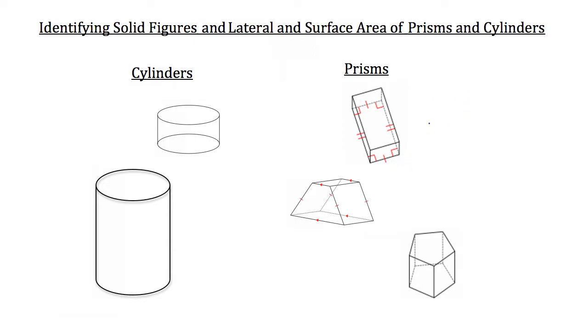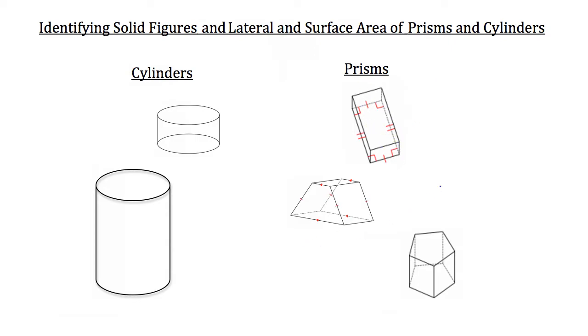Now you can tell with the prisms that they're a little bit more complicated than your typical cylinder. All cylinders look the same, they look more or less like a soda can. However, prisms can come in all different shapes and sizes. For example, this top figure is a rectangular prism. It's made up of all right angles, and it's created by two rectangles, as you can see by the congruent